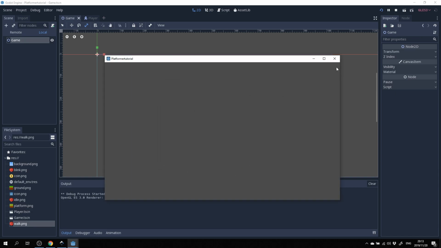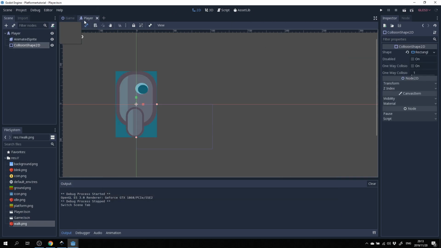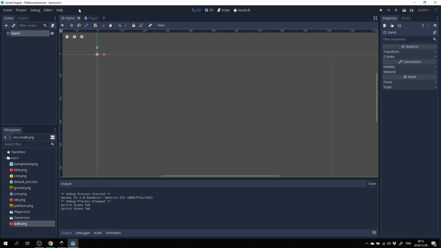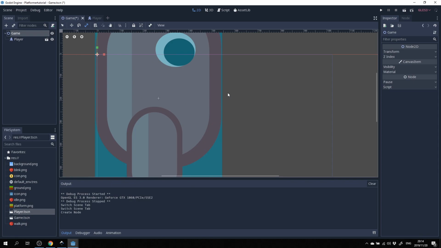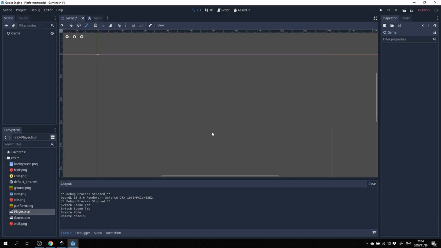There's nothing in our scene right now, but let me show you why it is important to actually split your scenes like this. Now all we can do to bring our player into our scene is literally drag and drop our player into our scene. I'm going to remove our player quickly because we want to start creating a script where we can start moving our player around and doing some animations and so on.